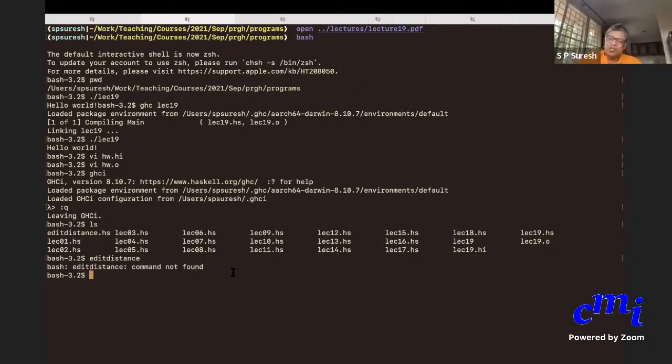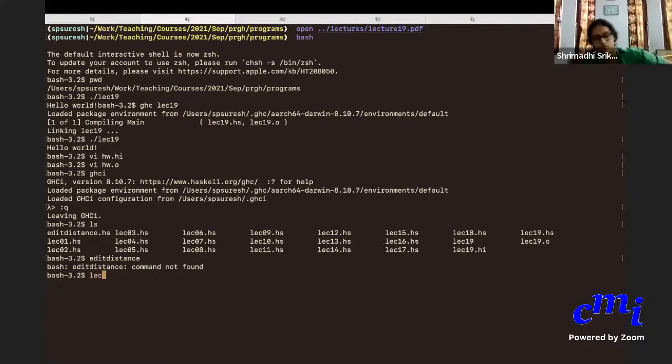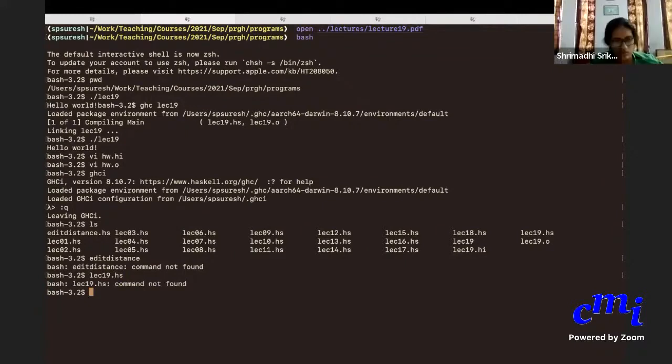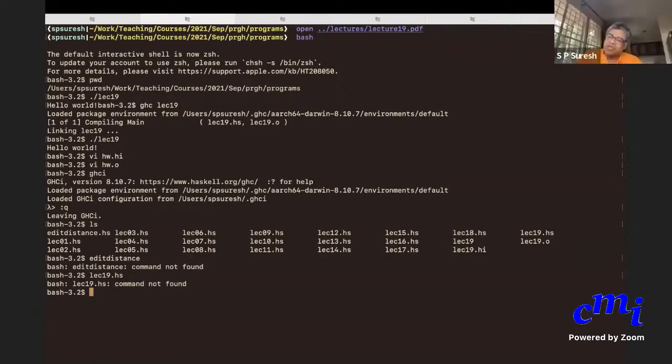Whereas here, if I say lec19.hs, what will happen? Nothing will happen. I have to invoke some other program. I have to say some other editor name and then say open lec19.hs. So there are files that do something. They are programs that can immediately run. Such things are called executables. You can execute them. Whereas something like lec17.hs, nothing will happen to them. You have to compile it first, and then make it into something else which can immediately run and do some action.